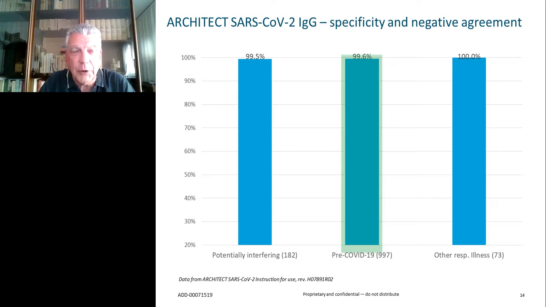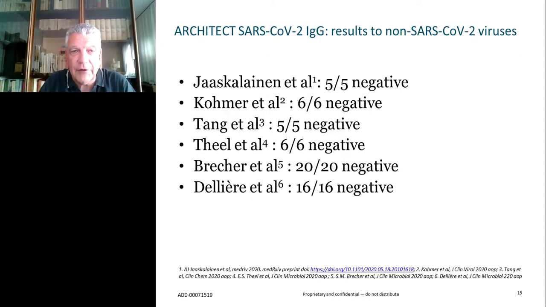But even in this case, we do have external evidence. First of all, in the validation process, we were not able to assess the eventual cross-reactivity to other coronaviruses because those samples are quite rare and were not available for the internal validation. But as of now, we already have 6 different external and independent evidences that check this, and all of those confirm that this assay does not react with samples from other coronaviruses. So all those, almost 60 samples, come up negative.